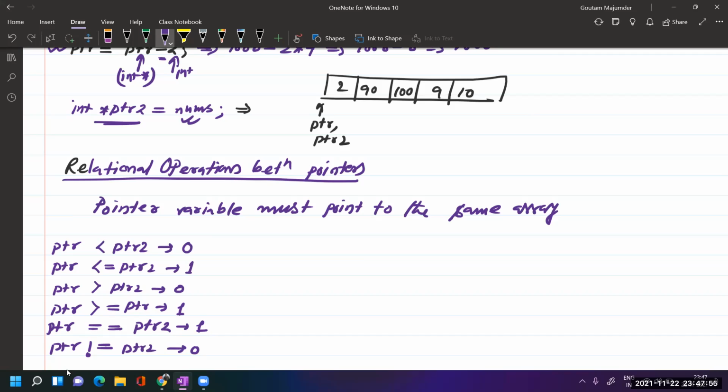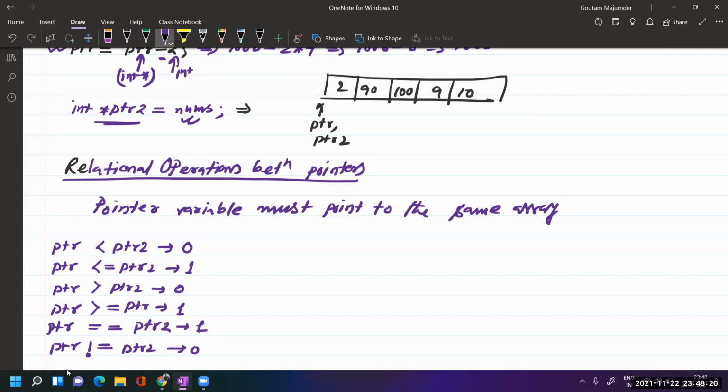So this is the kind of relational operation that we can do between pointer variables as well. Okay, next, a few more things with pointer arithmetic operations. Can we traverse the array with a pointer? Definitely, because we have the base address, so we can easily traverse.